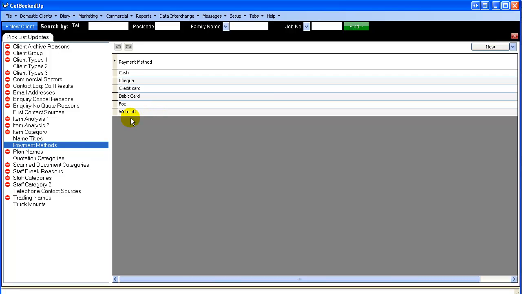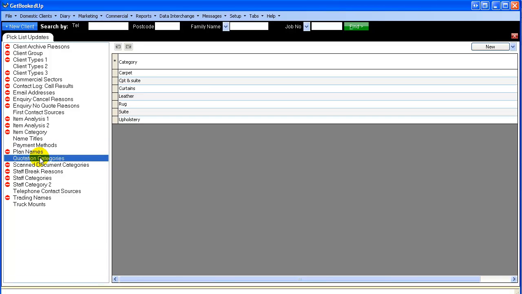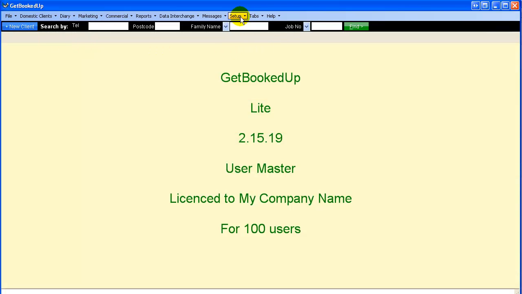And there's just one more on here: quotation categories. Quotation categories are used when you're in the diary system as part of the notes. It's a way of rapidly entering information about what you're going to quote for without having to type it in. And again, if you've seen the overview video, you'll know where these appear. So this is where you edit them in the pick list quotation categories. So that's pick lists. If we right click and close that one, if we go back into the setup table